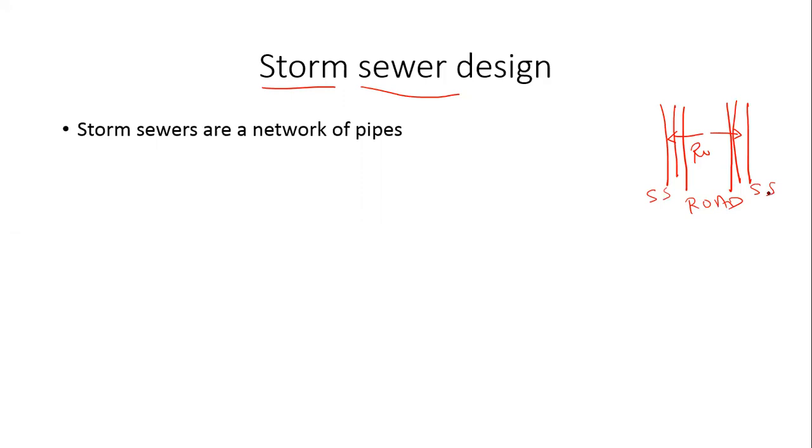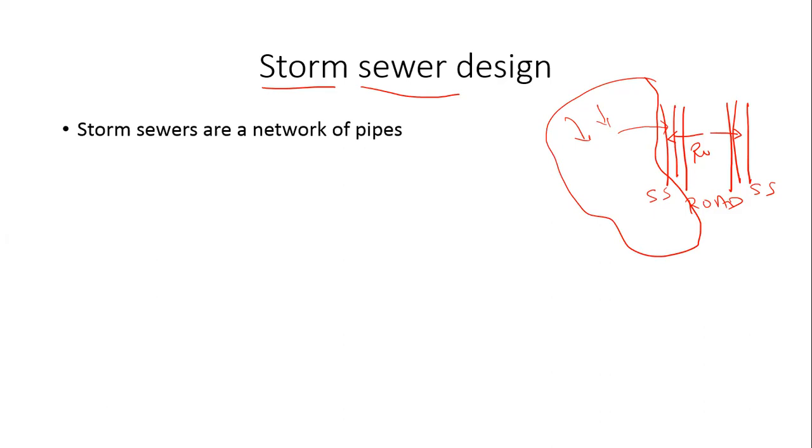Now, when you want to design, the storm sewer is not only going to take the rainfall that is falling on the road. In this area there may be some residential area. Whatever rainfall falls onto this residential area may also flow in and enter into this storm sewer, right? So these pipes are underground, and they just collect the runoff generated by the storm, not only from the road, but also from the urban area, whatever is there around that region.